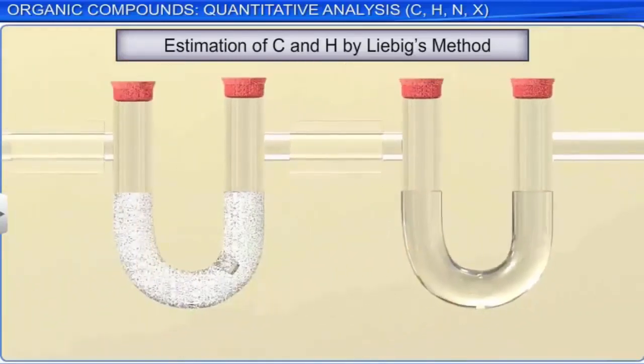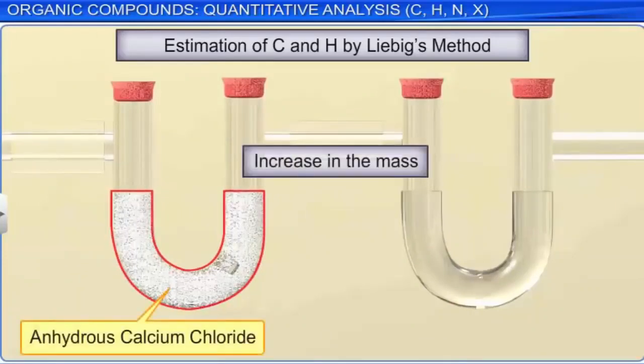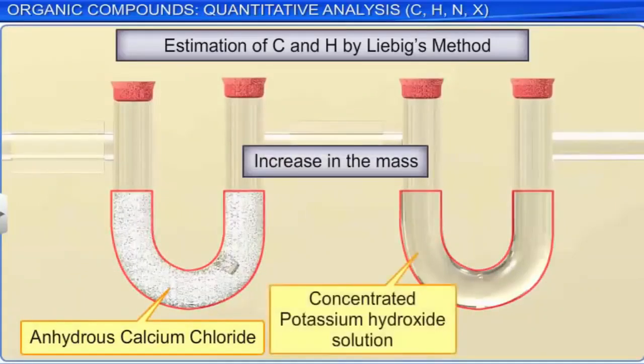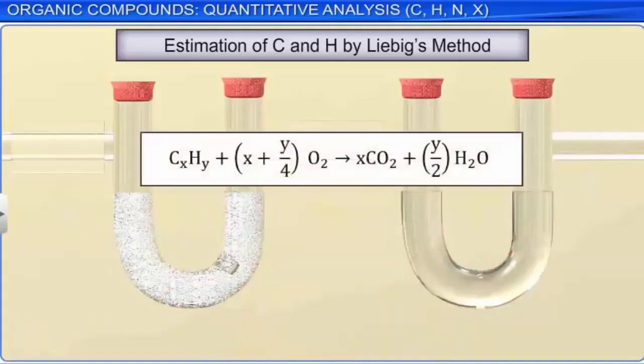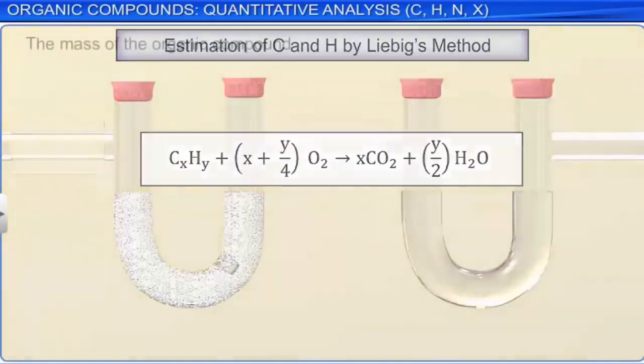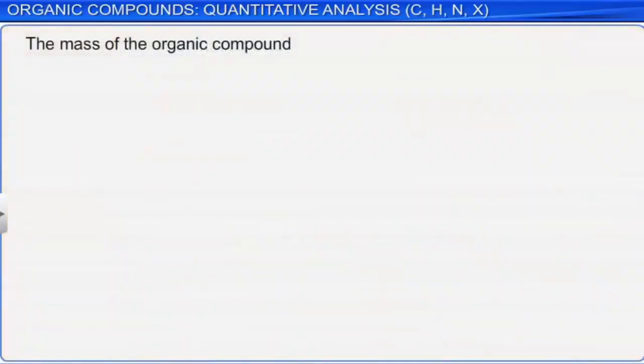The increase in the masses of calcium chloride and potassium hydroxide is calculated to get the amount of carbon dioxide and water in it. From the amount of carbon dioxide and water, the percentage of carbon and hydrogen are calculated. Let the mass of the organic compound taken be m grams, and the mass of the water and carbon dioxide produced be m1 and m2 grams,